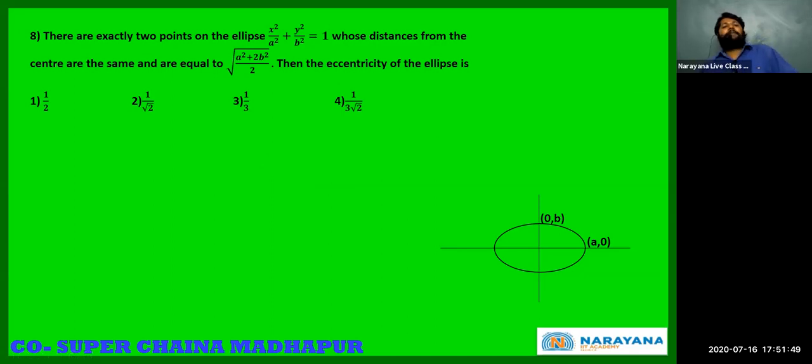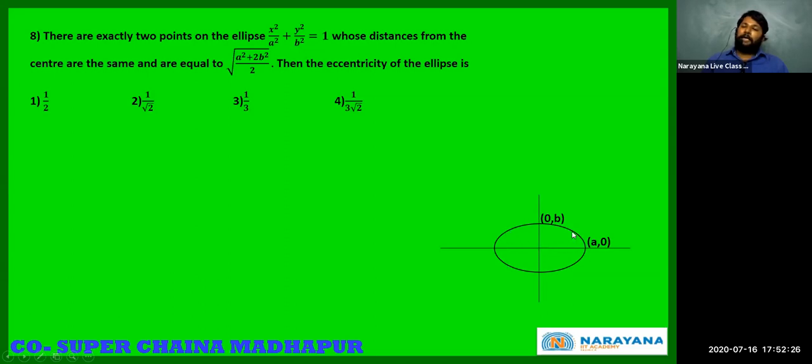A particular distance is given and it is said that there are exactly 2 points on this ellipse for which the distance from the center to that point is equal to this. When does that happen? For example, if from the center I took a point here, let this distance be 2 units. Can you tell me how many other points will have this distance of 2 units? Can you see all the reflection points, right? So if this is P, then P dash here will also have a distance of 2 units. Then P double dash will also have a distance of 2 units, and P triple dash will also have a distance of 2 units, right?